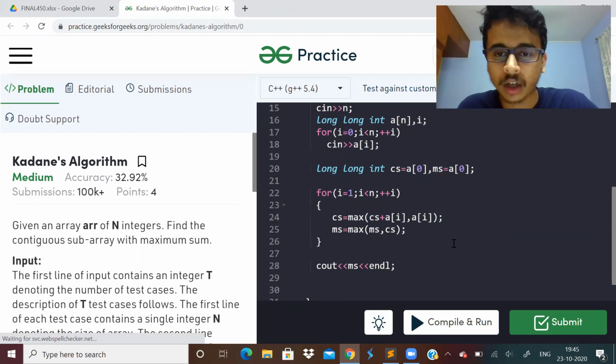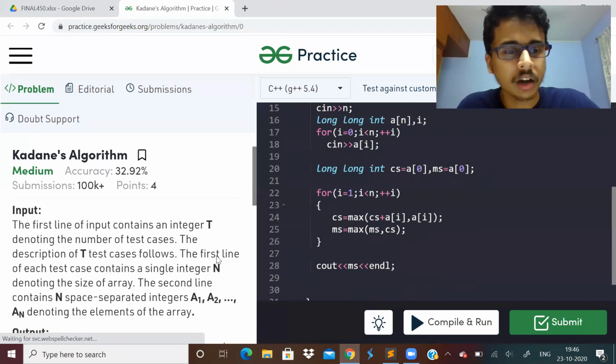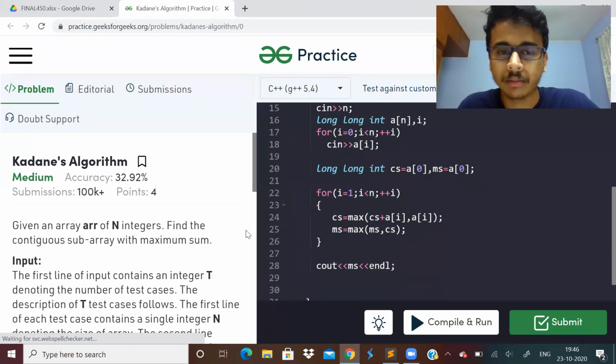So this is the code for Kadane's algorithm. I think almost everybody knows it, but if you're a very beginner in programming or learning DSA right now, then you might not know, but this is very standard. This code handles negative and positive numbers also. So let us go to the next problem then.